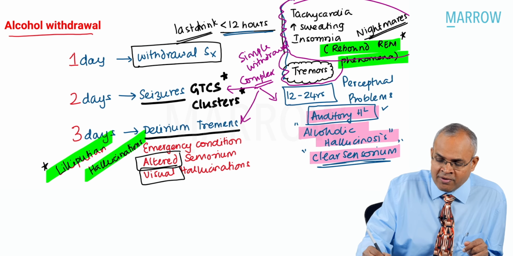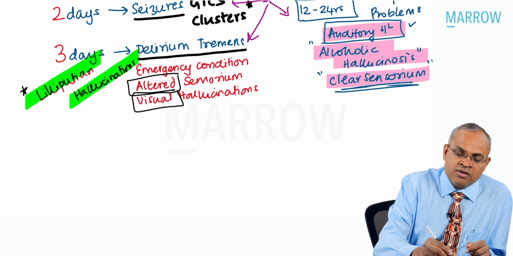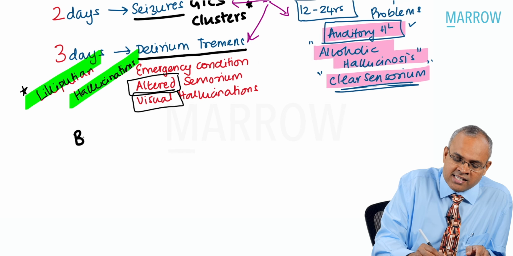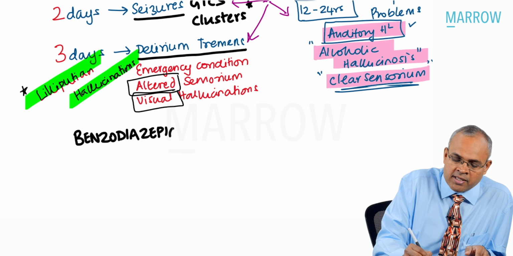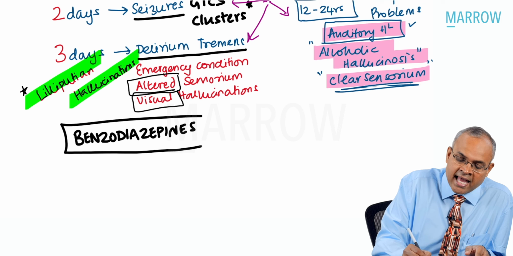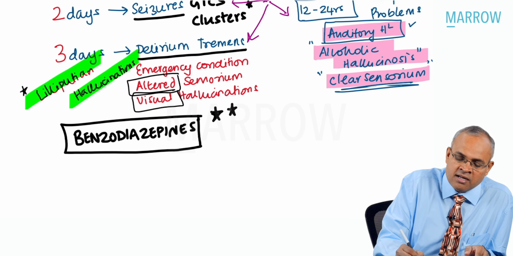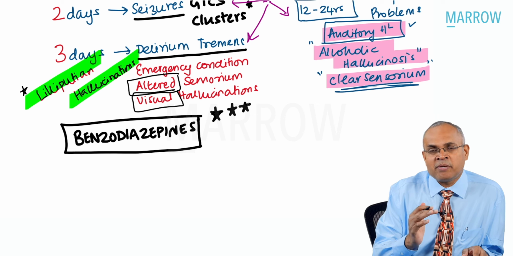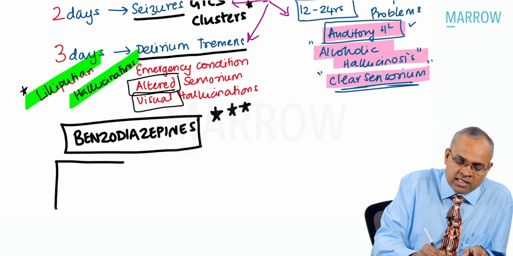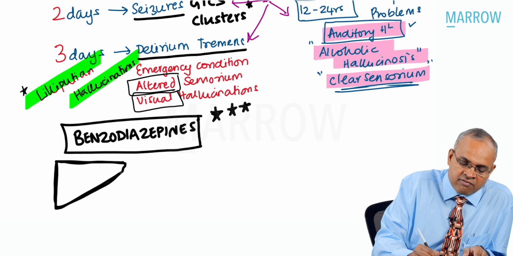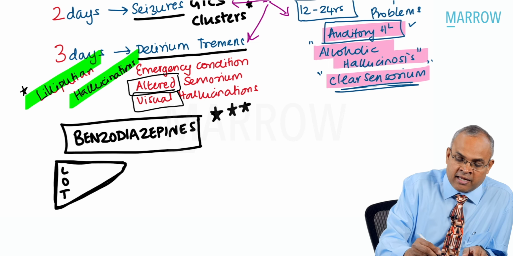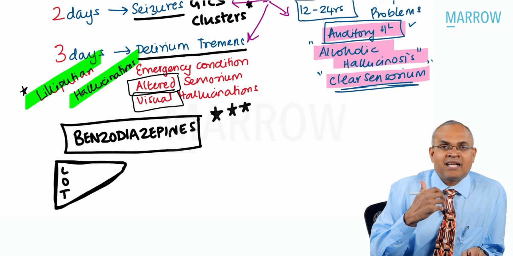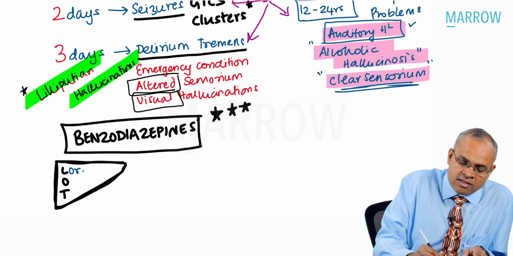The most important point we need to understand is, irrespective of what kind of withdrawal happens, benzodiazepines remain the treatment of choice for managing alcohol withdrawal. Any benzodiazepine can be given, but in patients with liver dysfunction, it is preferable you try LOT. Why? Because it will not get accumulated and lead to respiratory depression. That's why you can preferably try lorazepam,